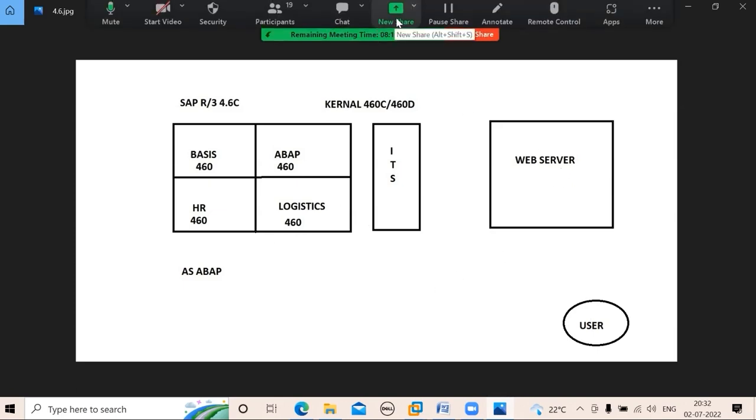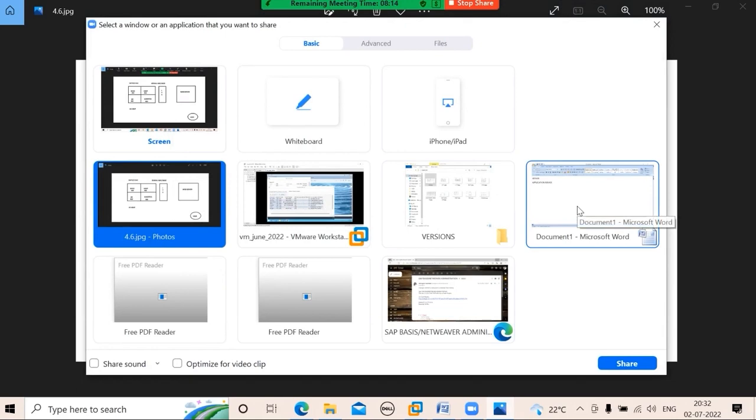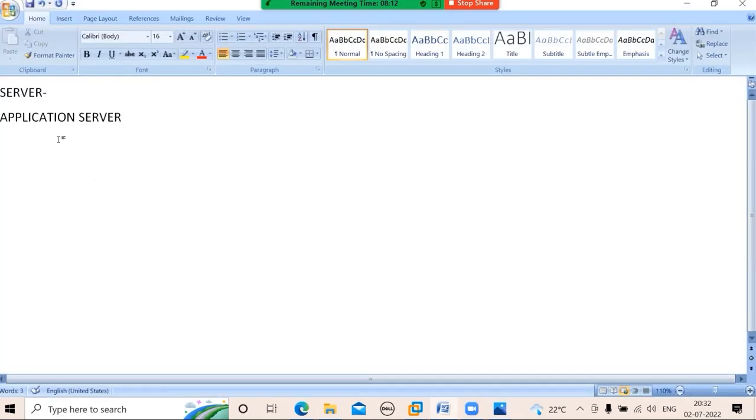What is the kernel version at that time? 460C and 460D. That kernel version is called Basis. Only application server. That was the application server, no internet. And what is the course you are learning now? Basis. So,